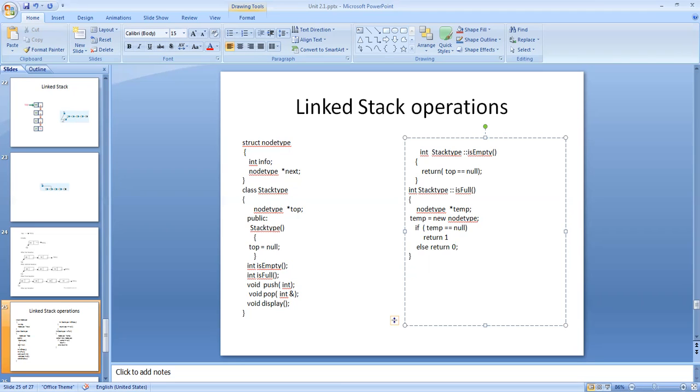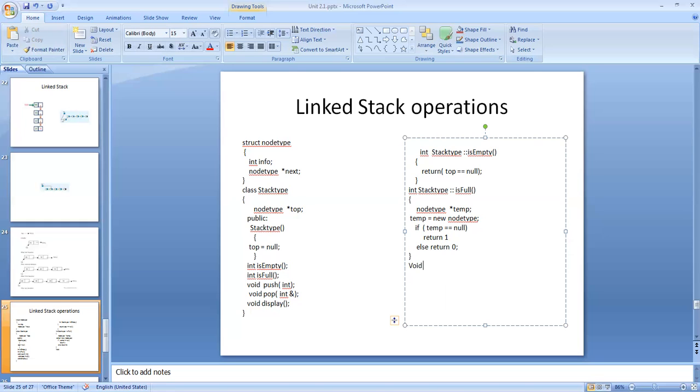Next, our function is to push a value into the stack. My function is push. Its return type is void.